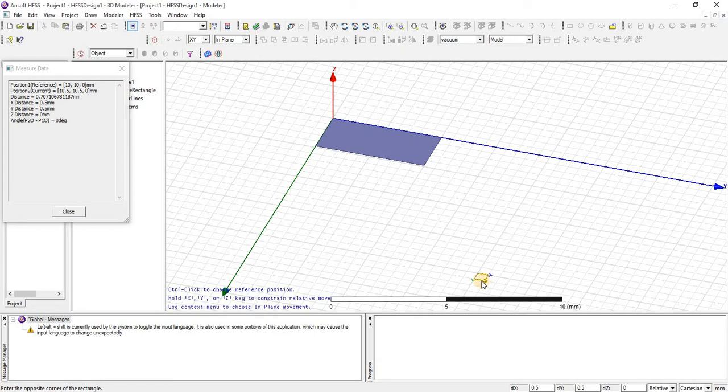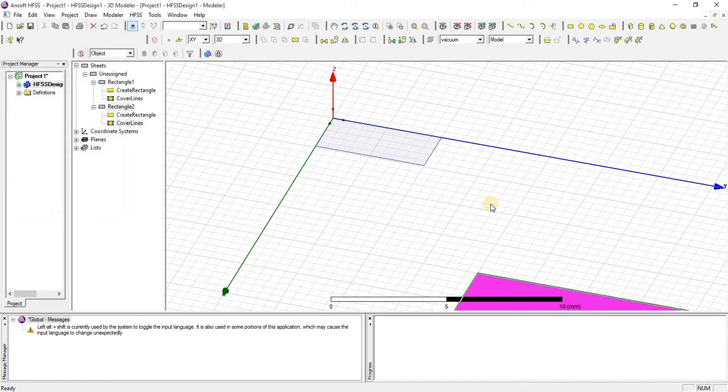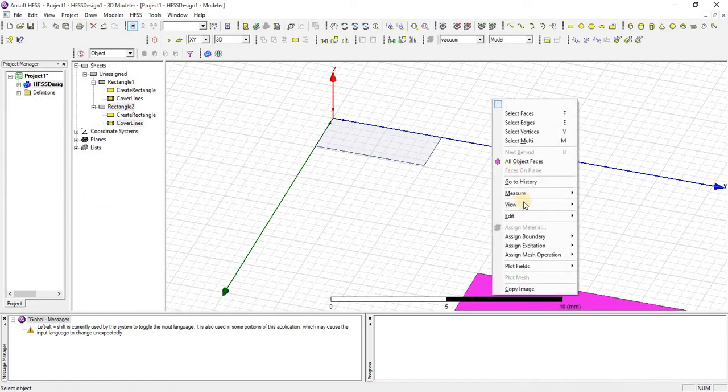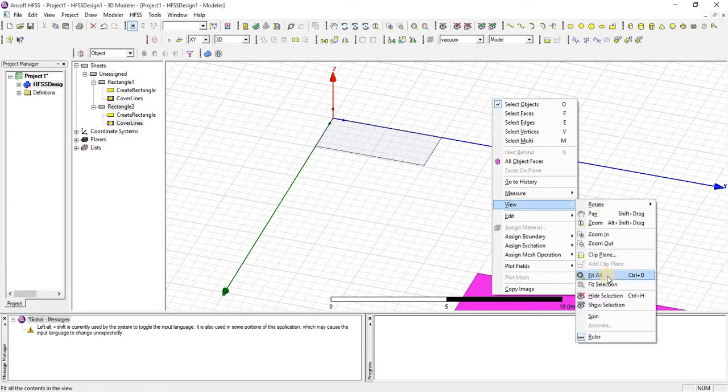It is a position whose distance from the x-axis is 10 mm and from the y-axis is 10 mm. Now after that, again select the final position of dx, which is 15, and the final position of dy, the same 15. And after that just click enter. The rectangle has been drawn. Just go to view and fit all.